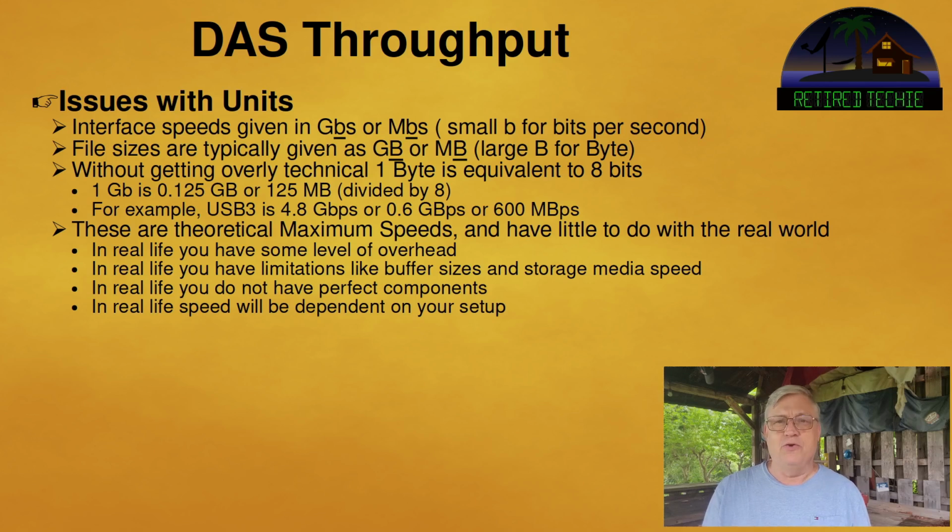So without getting overly technical, 1 byte basically equals 8 bits. So if something's measured in megabits, or gigabits, the megabyte or gigabyte figure is going to be a lot smaller. For example, 1 gigabit is 0.125 gigabytes, or 125 megabytes. USB 3.0, as our example, at 4.8 gigabits per second is actually 0.6 gigabytes per second, or a 600 megabyte file per second. Again, theoretical maximum speeds. In reality,